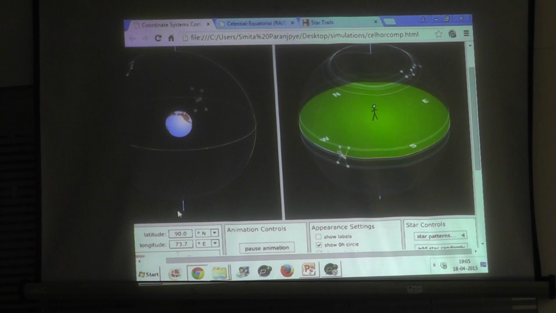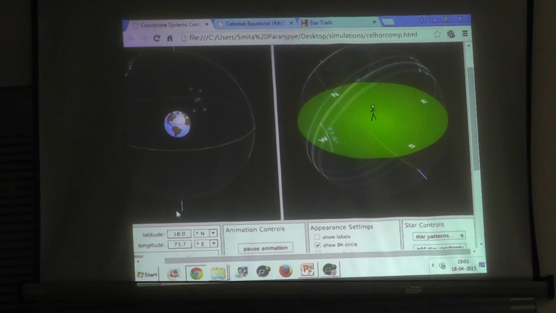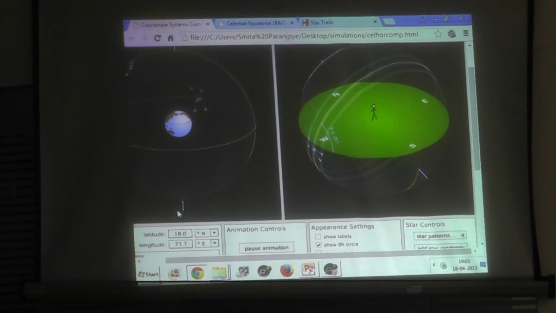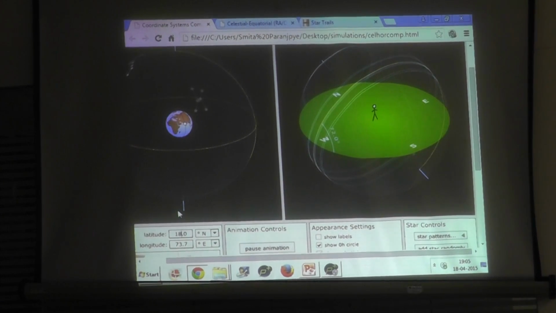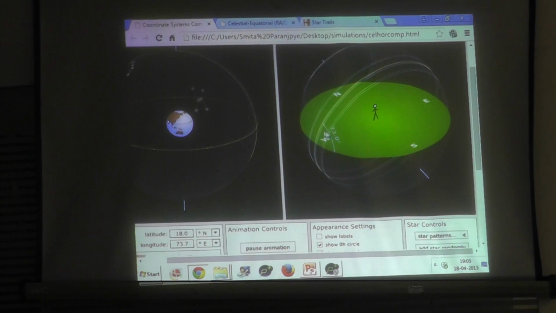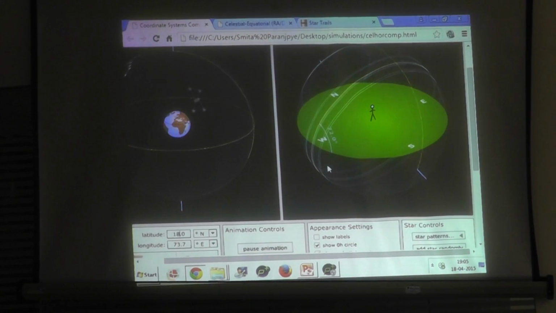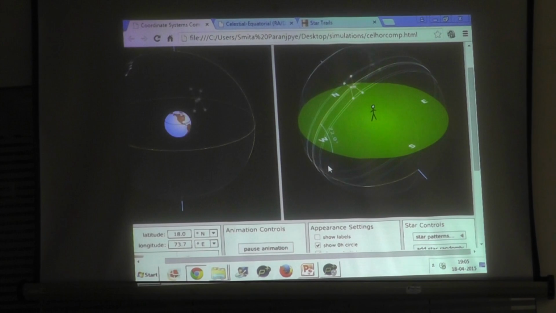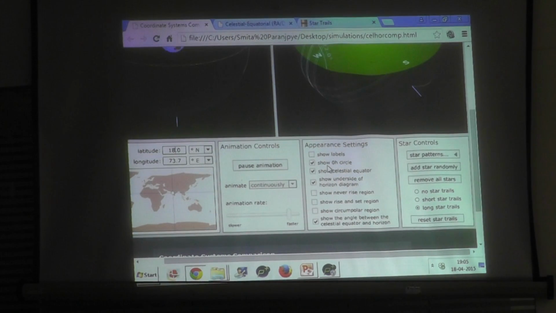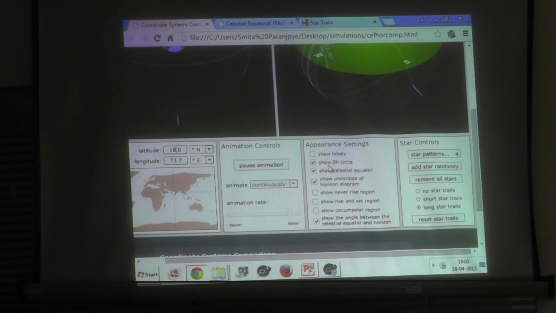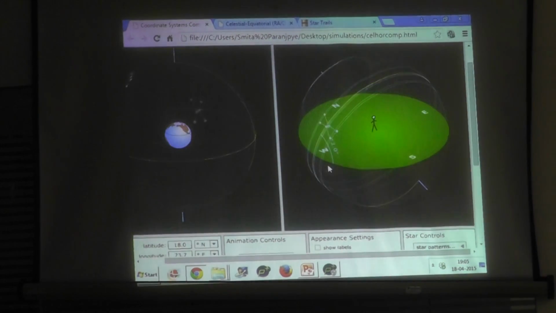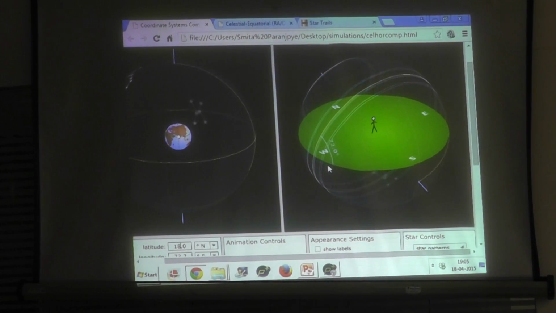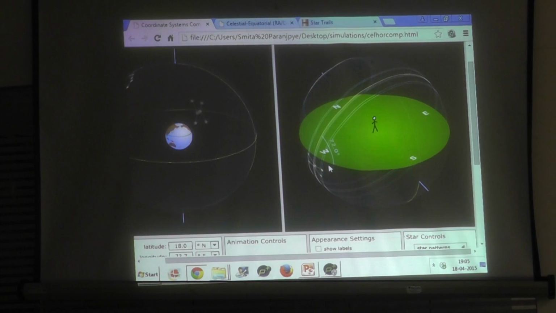Now let us come back to the 18 degree latitude in Pune. Do you notice a change, that there is some change in angle? I mean the angle which these circles make, can you make out it is 72 degrees or something? So what is this angle? The angle between the celestial equator and the horizon. So the celestial equator, or the angle which it makes with respect to the horizon, is changing with our latitude.